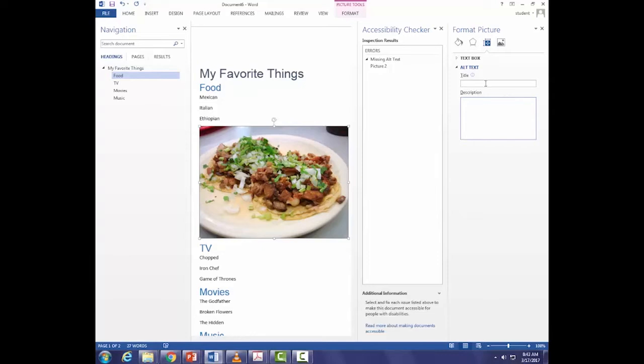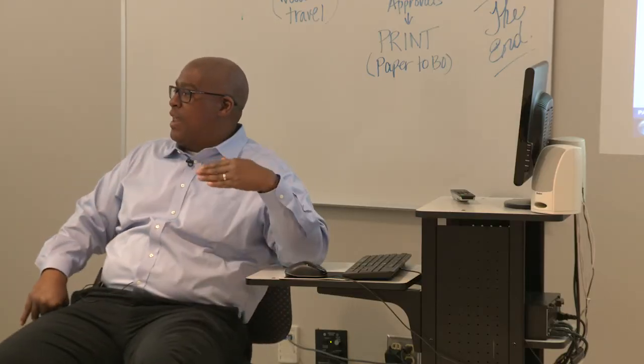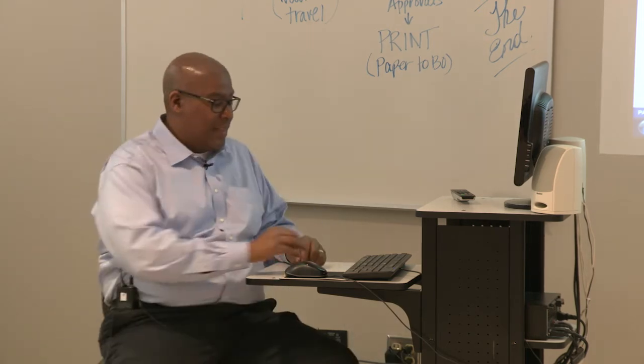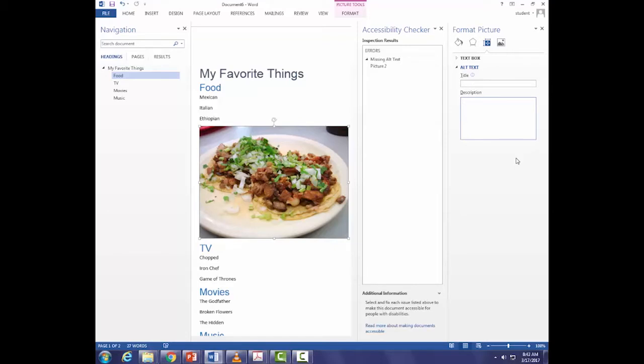Now, I want you to look right here, and look right here. Actually, look both places at the same time. I'm only going to type in the letter Z, and it's going to say, you know, you're good. This is another reason you should ignore that green check mark. Is that good alt text? Does that describe that picture? Does the letter Z describe that image in any way, shape, or form? No. So I'm going to get rid of it.